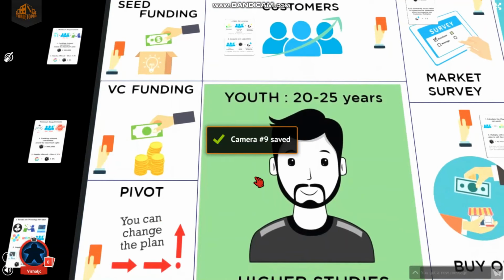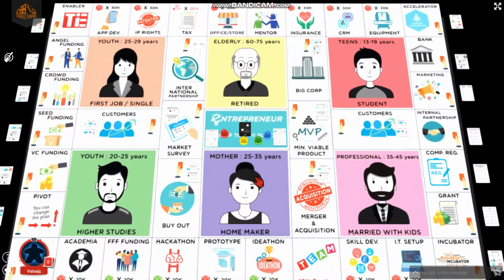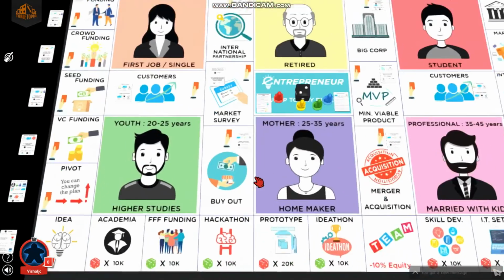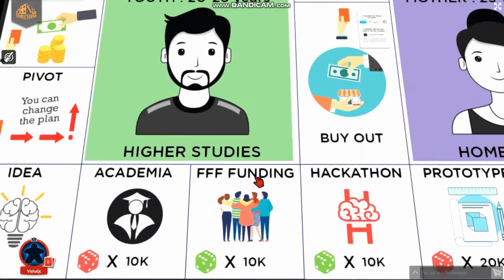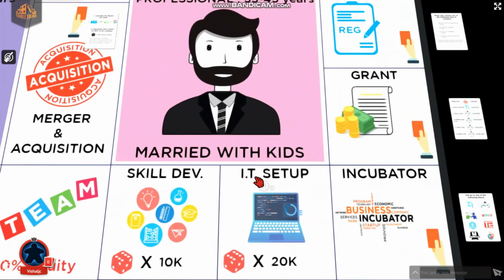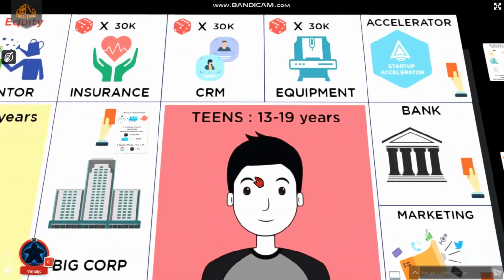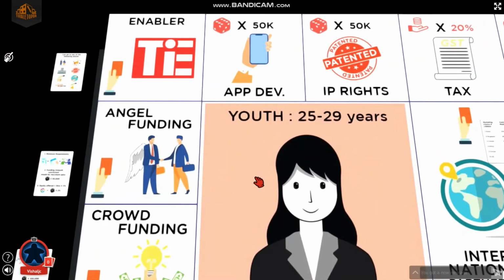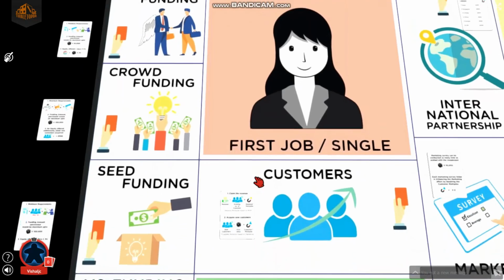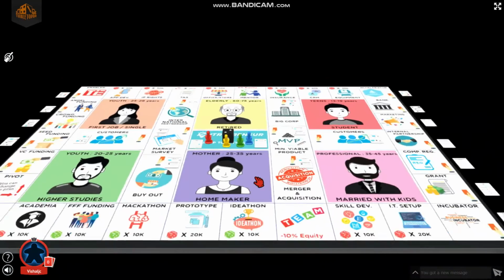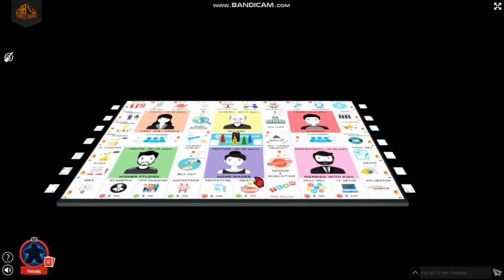So the beauty of this particular thing is, once you have set this camera view, just by pressing the number, so for example, if I press number 1, I can see the first view. Second, I come over here. Third, fourth, fifth, sixth, seventh, eighth, and 9. If I press 0, it comes to the default setting. I would highly recommend that you guys use this particular thing to set your camera view in Tabletopia. Thank you.